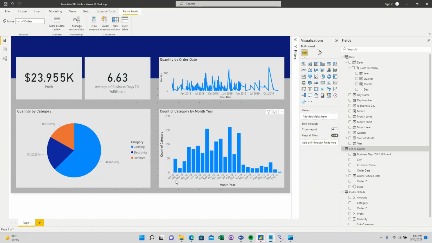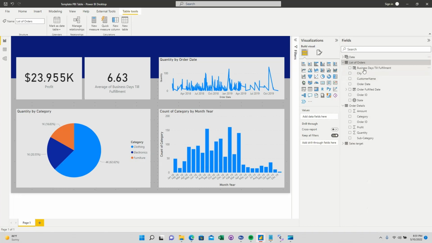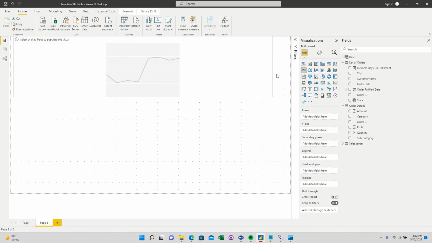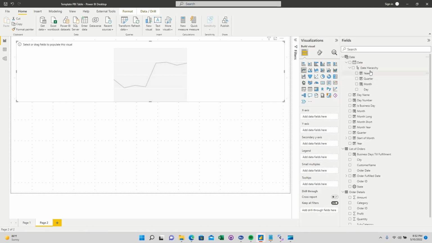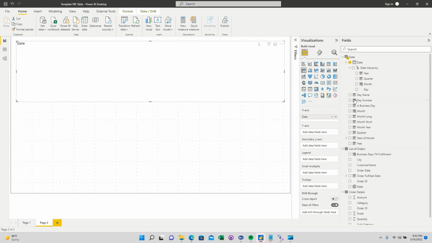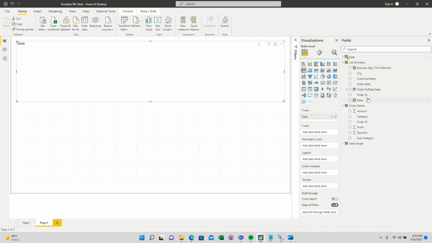Welcome to this quick tutorial where I will show you how to do rolling averages using Power BI DAX. So the first thing I'm going to do is create a new page and just show you what it would look like on a line chart, what the number of orders would look like if you didn't take the rolling average. So I'm going to drag in the date on the x-axis, change that just to date instead of the hierarchy. And then I'm going to drag in the order ID